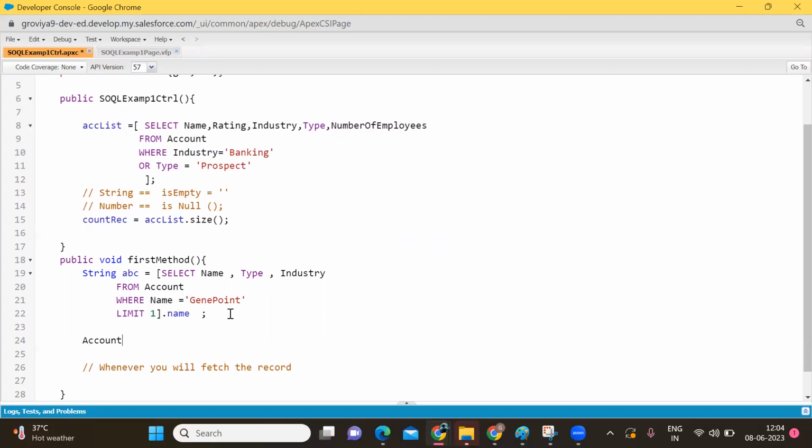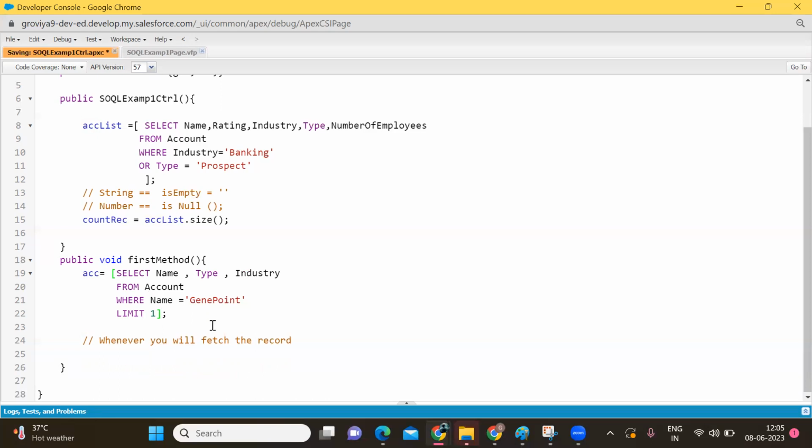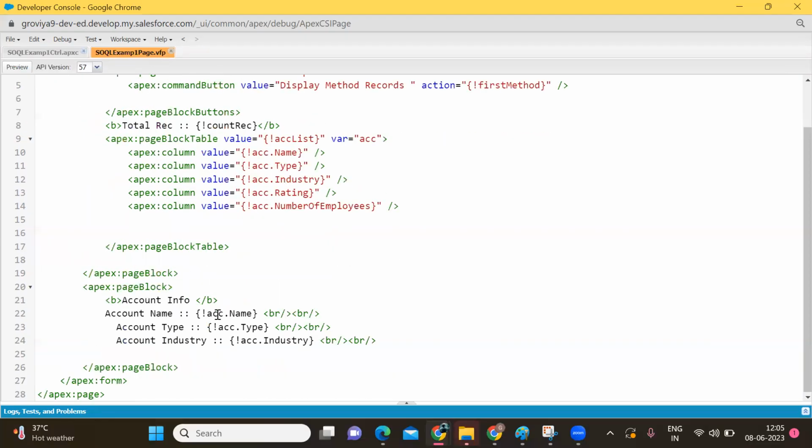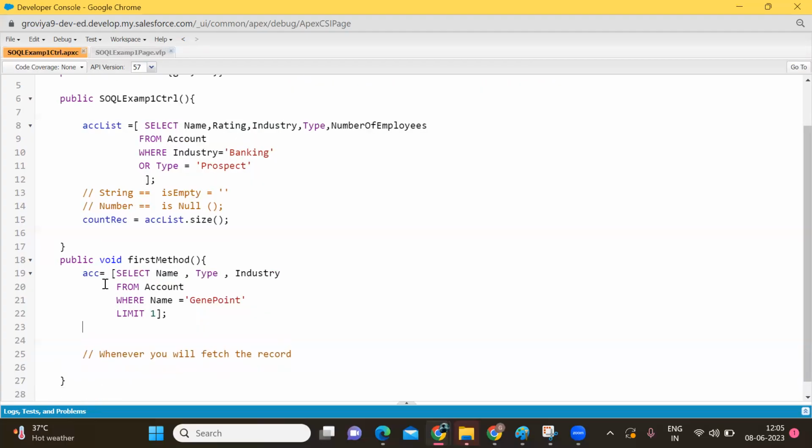ये मतलब कि what we have done: account, ACC equal to. OK, it's our point where we are storing the data. We are storing the data in ACC, all the information. ठीक है। अब हमें क्या चाहिए कि हमें ACC में से नेम निकालना है। हमने क्या लिखा? ACC.name, ACC.type, ACC.industry. ठीक है। मैम, according to Preeti Ma'am, मैम ने वो स्टेप, ये वाला एक स्टेप पहले ही करवा दिया।